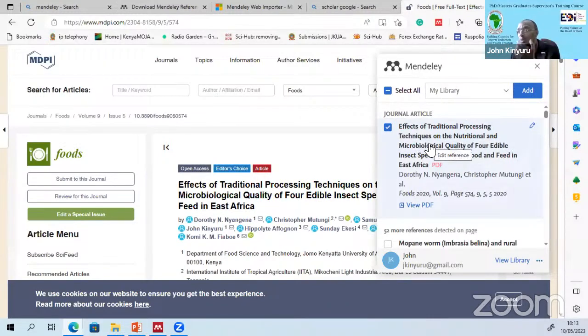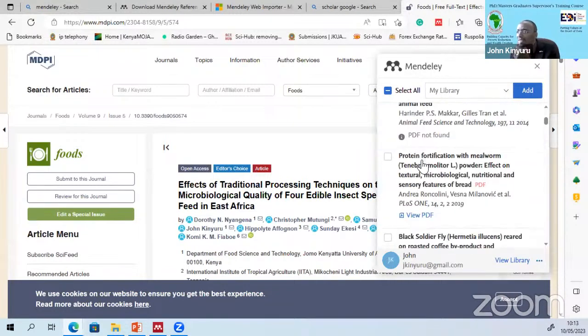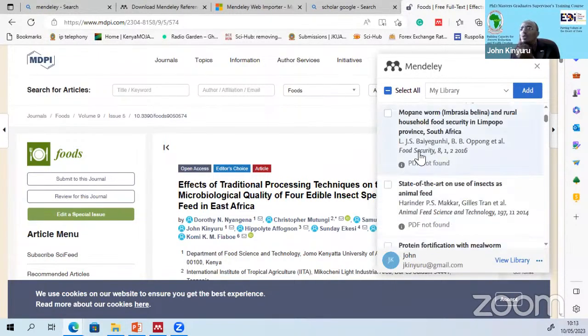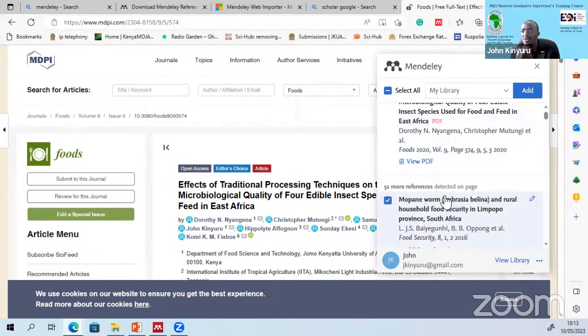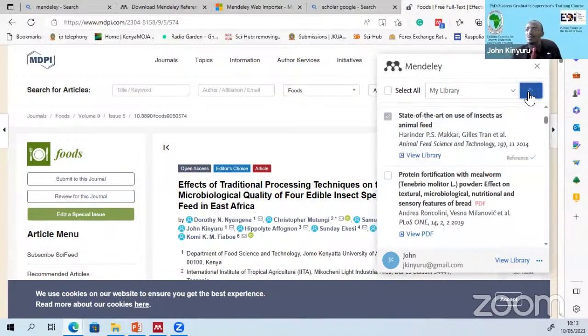You wanted just this one, but because there are other papers that you think are also important, you can also select them and add them into your library. If you click add into your library,